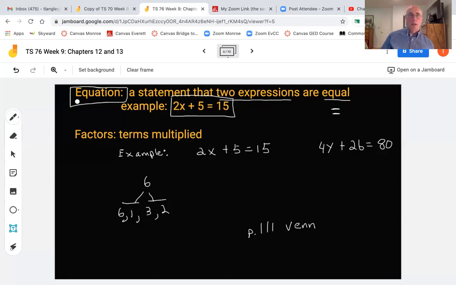And by the way, if this will help you to remember this, I'll just choose some red here. You see in the word equation, it almost sounds like it spells out equal. It's got all the letters of equal except for one at the end. And thus the equal sign. When you have things on both sides of an equal sign, you've got an equation.